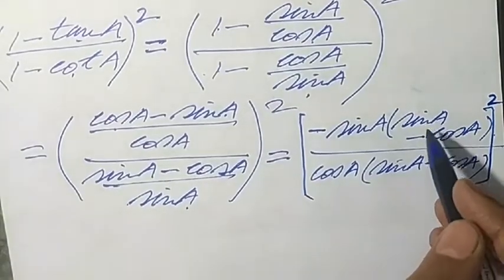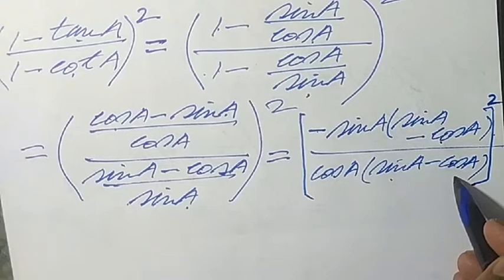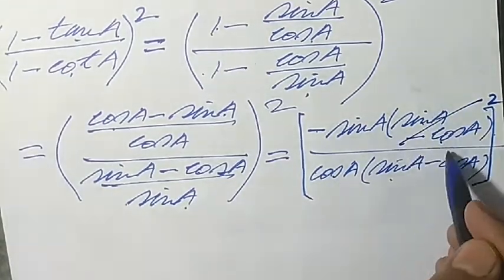As we see, sin A minus cos A is there in the numerator and the same expression in the denominator. So these two expressions are cancelled with each other,